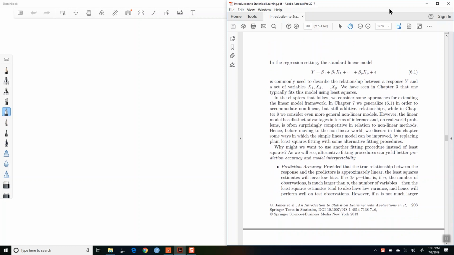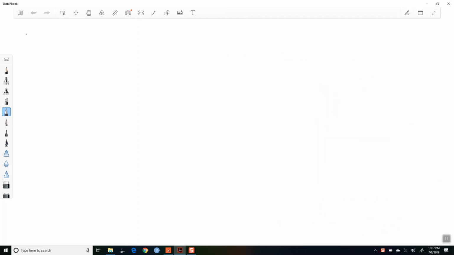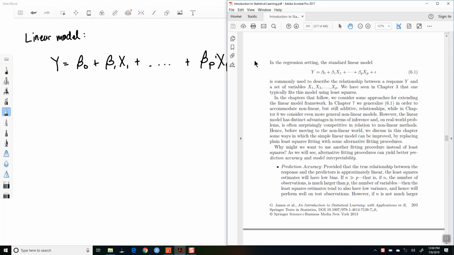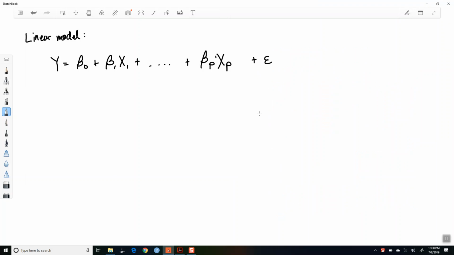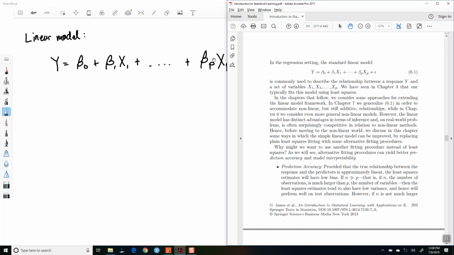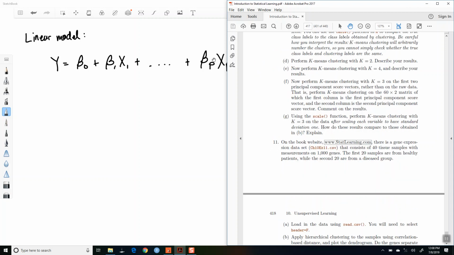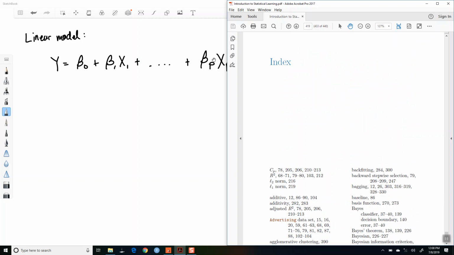This is our linear model, right? The linear model looks like this. Do they write the plus epsilon? Yeah. Okay, so this is our linear model, and a big part of this is